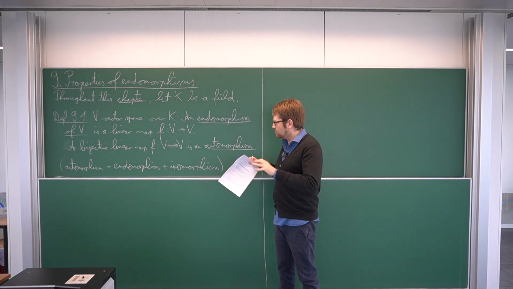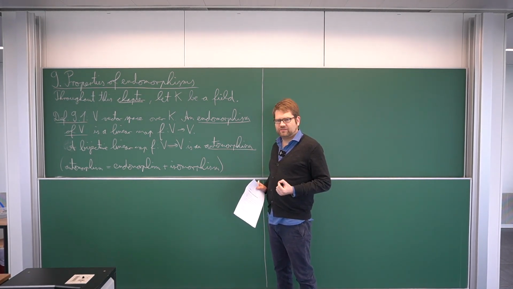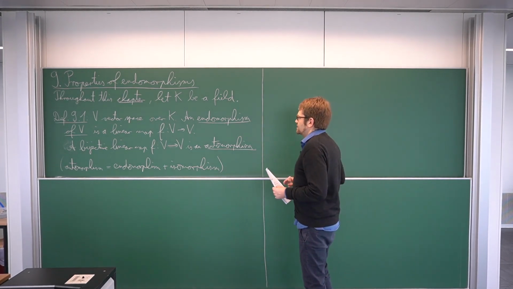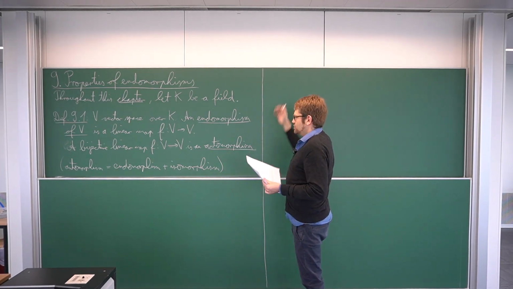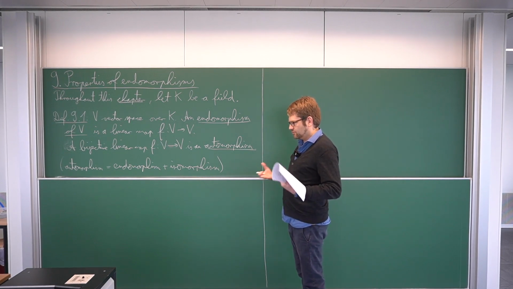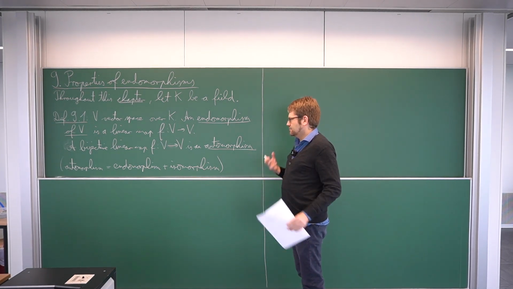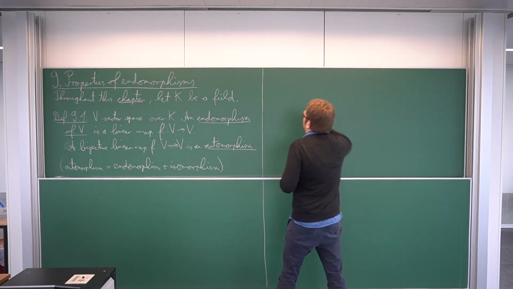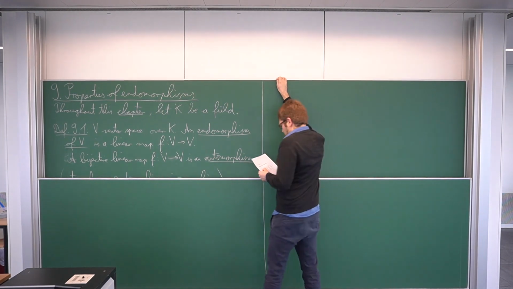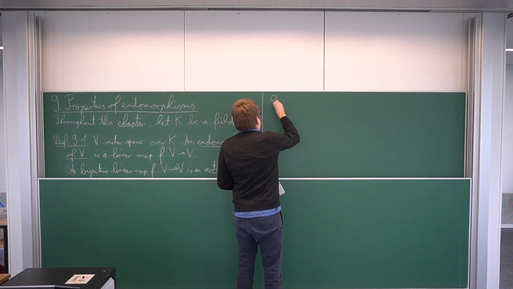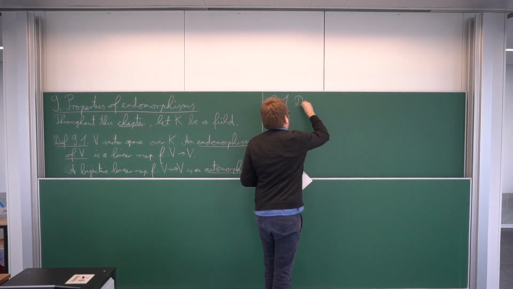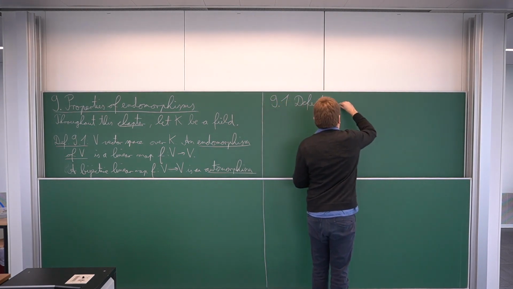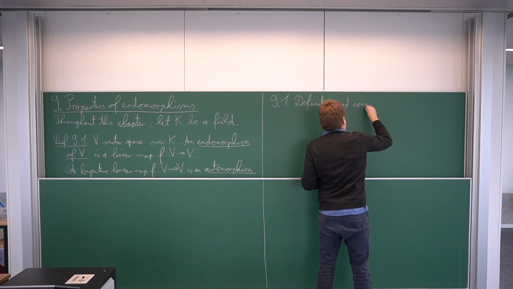So this is something you can really compute, and use to study properties of matrices, as we shall see soon. But first I will introduce the determinant by something which has as input several vectors and gives out a number, and which has certain properties, and then we will see how the determinant generalizes and what its meaning is later on. So for this next section, which I just call 9.1, definition and construction of the determinant,